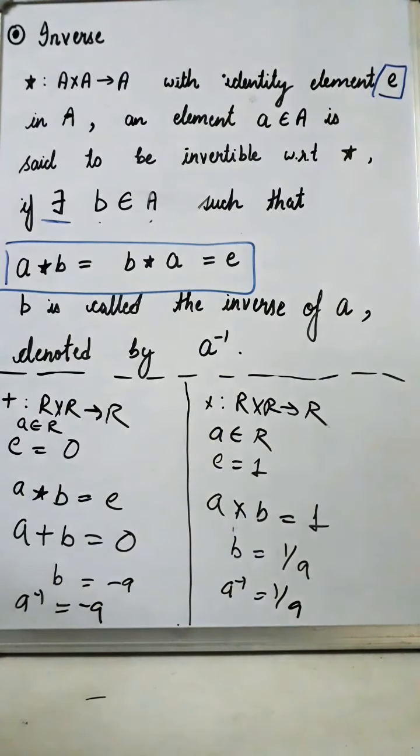It's very simple. Now let us recall all the things once again. First, you have to see whether star is a binary operation or not, and then check associativity, commutativity, then identity, and from identity you will find the inverse, and that's all for binary composition.